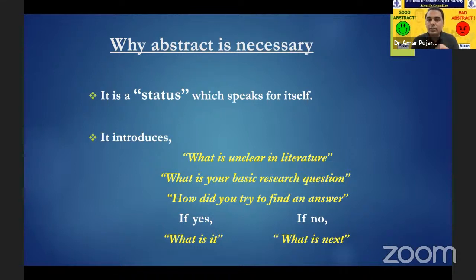So what is your basic research question? If the literature has this much knowledge, what is the extra thing I am going to say? Prior to that, you need to put a research question. If you are able to find an answer for that research question, say what it exactly says, and you can give future directions also, how that can be implemented for clinical purposes. If you don't find any results, or the results are neutral or negative, you need to state that as it is, and what next can be done.